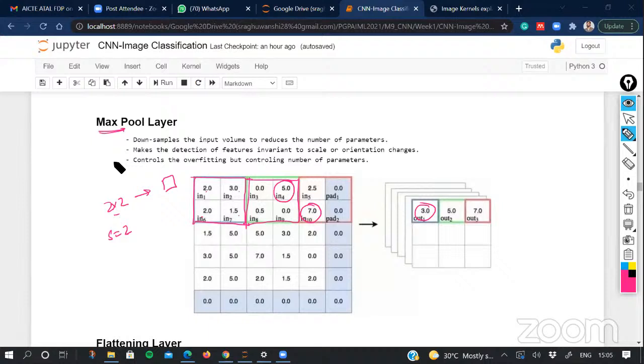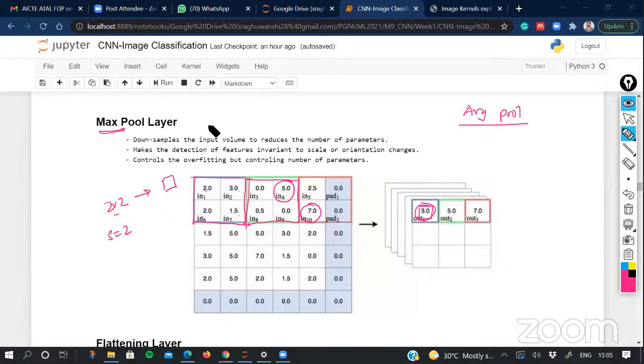Now there are different versions of pooling layers available. Instead of max pool, we can also utilize average pooling. So instead of selecting a single unit, which is the maximum out of these 4, we can take the average of these 4 numbers and give that as the output here. So this is a kind of average pooling we can use.